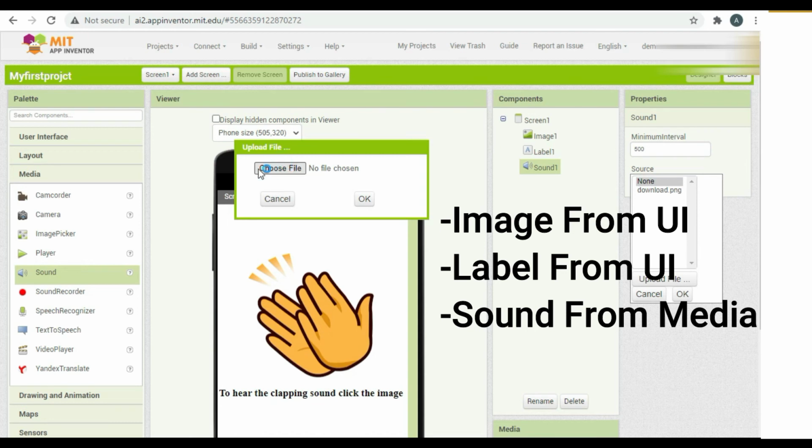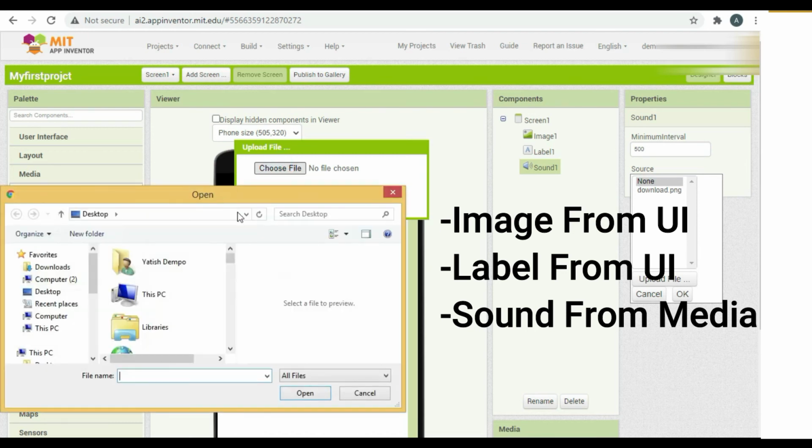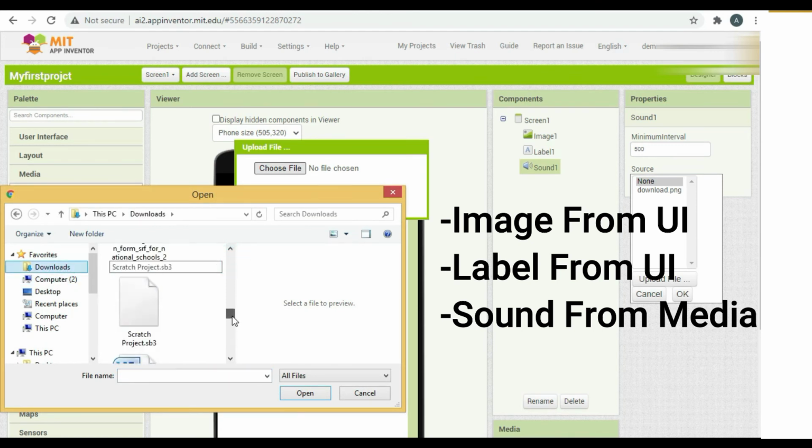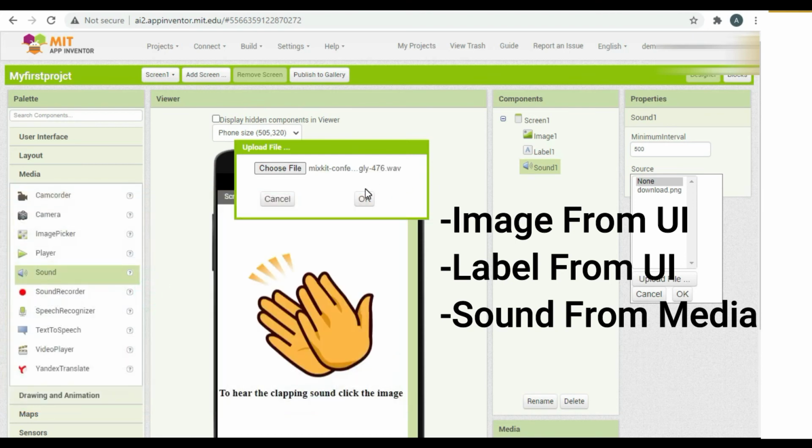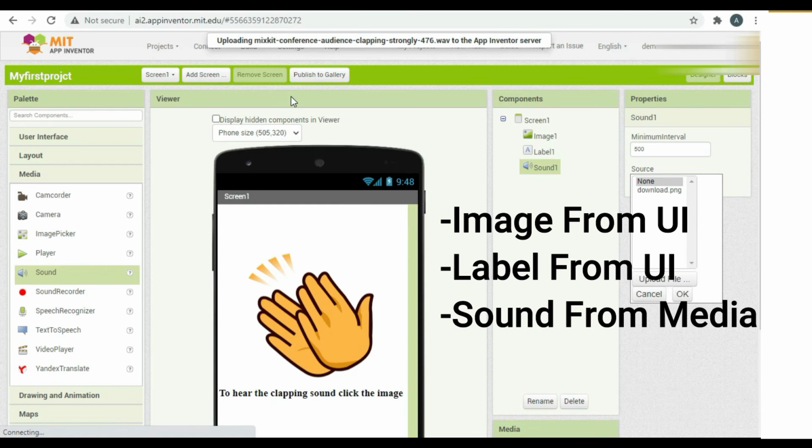So now I will choose the sound. After waiting some time, it shall upload the sound.